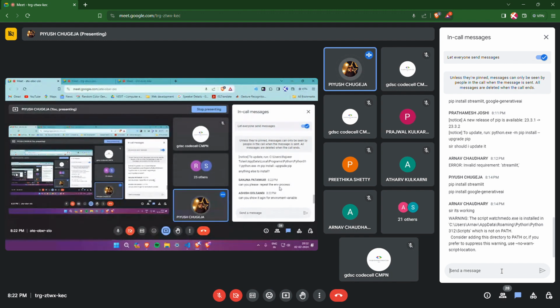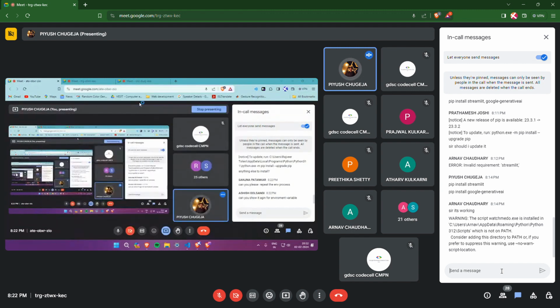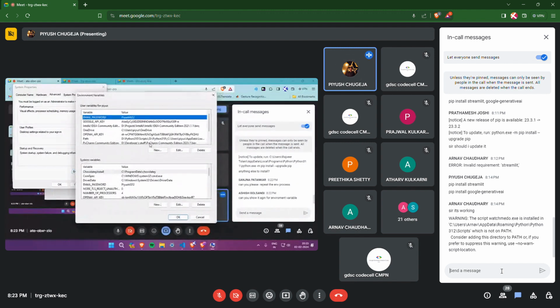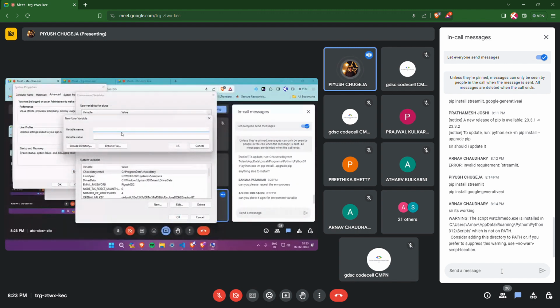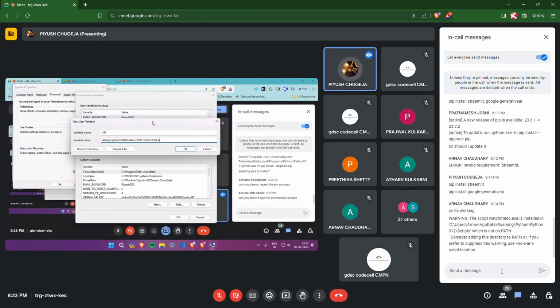Okay, what we need to do is go to your environment variable settings. Once you are in there, click on new environment variable, and type in a name that you can remember. Just type it as API, that is also fine, and then paste your API key inside variable value. For those of you who are not understanding this step, this is also fine, but you'll have to make sure that wherever I type os.getenv, you type your API key. Variable name, whatever you want, and your variable value must be your API key.